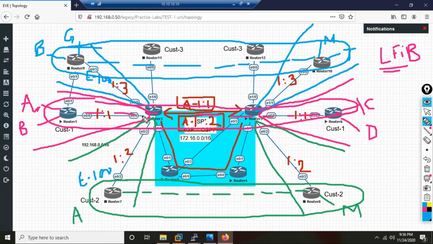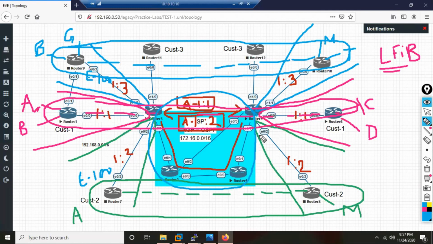No other customer will be able to see the routes of customer 1, R1 and R6. R1 can see routes of only R6, and R6 can get routes of only R1. R1 can send traffic to only R6, and R6 can send traffic to only R1. Every customer's traffic and routes ultimately flow through the same shared cloud. And when customers share a common shared cloud, we call this a